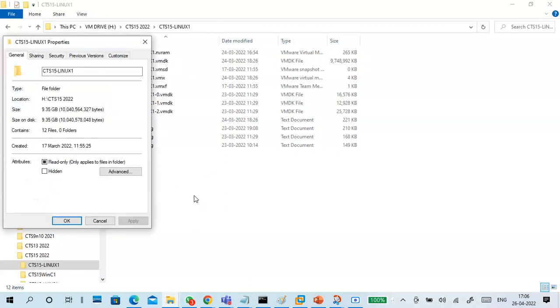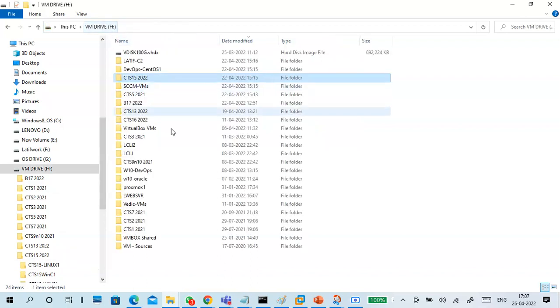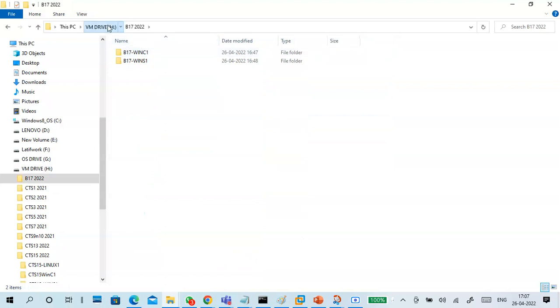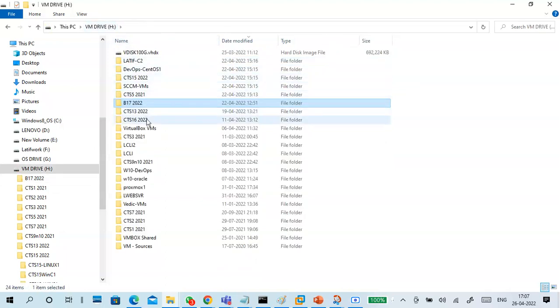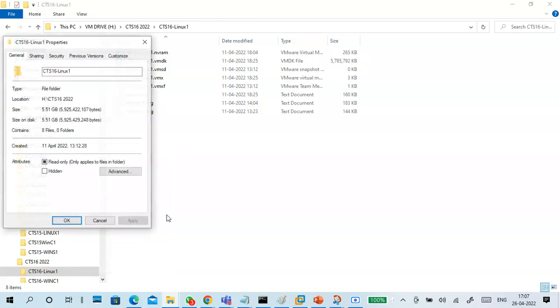Maximum disk space occupation will be 10 GB because it's GUI. CLI will take only 2 GB. This is 17. So where is 16? This is a fresh 1 day installation, so it is 5.5 GB. Means if you keep working, it will become bigger.